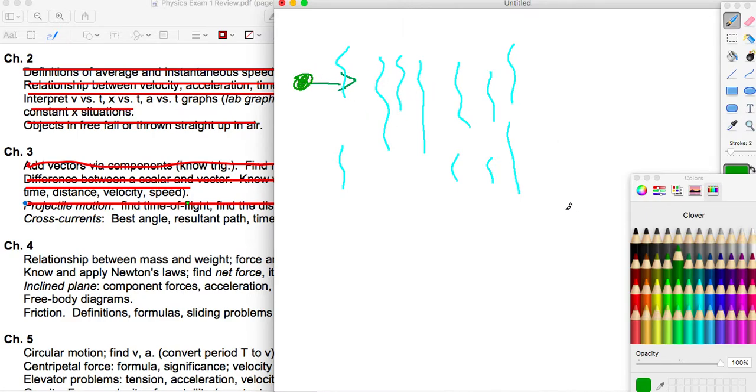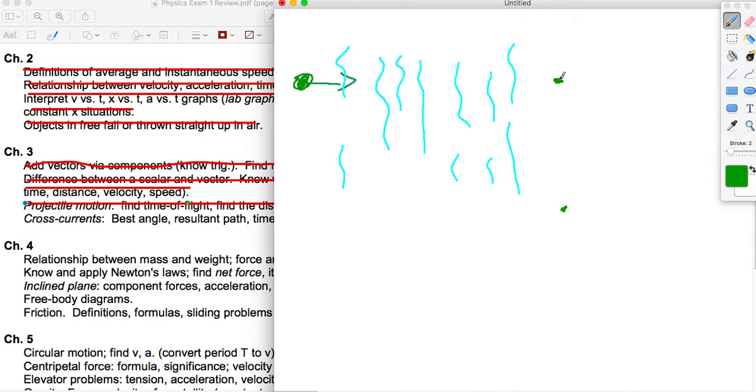Swimmer is going that way, and then let's suppose he ends up over here, but he should have originated over here. What is the distance that he traveled down? So a change in y. And in this case, again, you have the x vector, right? This is your x component, and then you just need to know how much. So this will be the velocity in x, and this you need to know how much was the change in